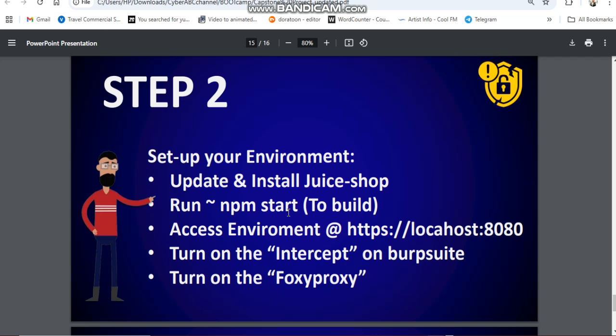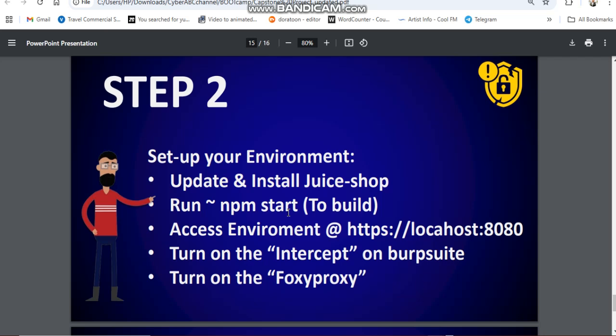Then you can now access it on a particular port number or particular host in your local machine. So this time around, I think it's always at port 3000. Port 3000, you're going to see how it is. And when we get inside there, you will now see the website.